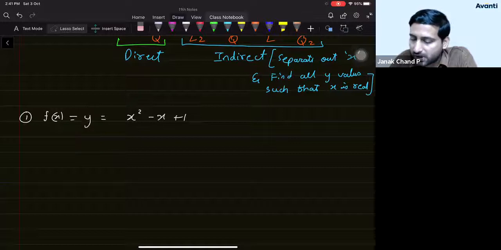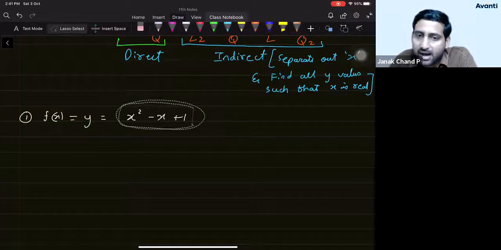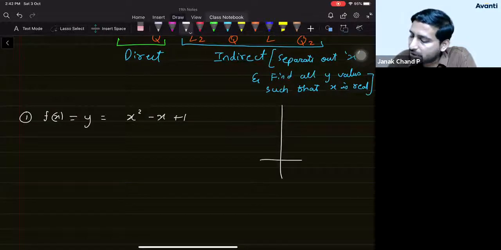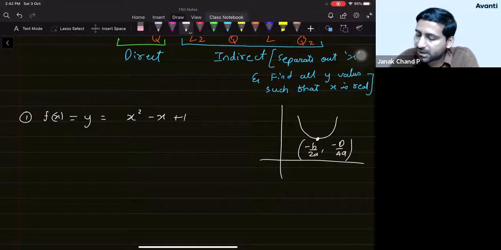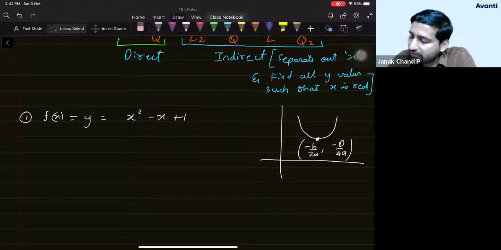So it is very simple, student. You can directly write the answer of this. How? First of all, this is a parabola which is looking upwards. So if a parabola is looking upwards, student, basically you will be having a minimum point. And we know that this coordinate is given by minus b by 2a comma minus d by 4a. For this particular variety of question, we don't actually want this thing. We just want this height. Whatever height is happening at this vertex, that is the minimum height. And obviously the maximum height is not required to be calculated. It will be infinity only.